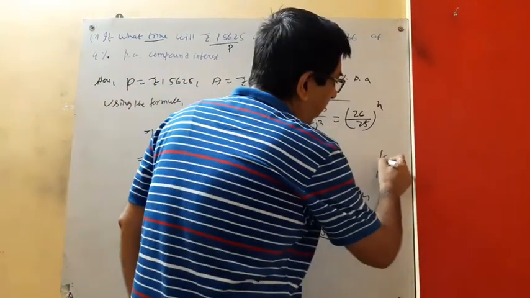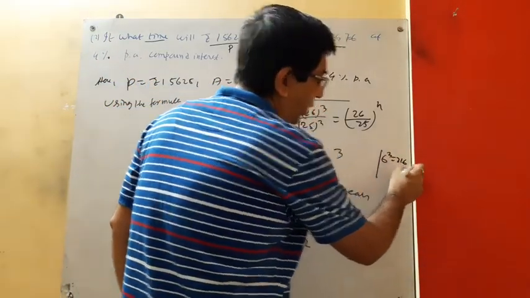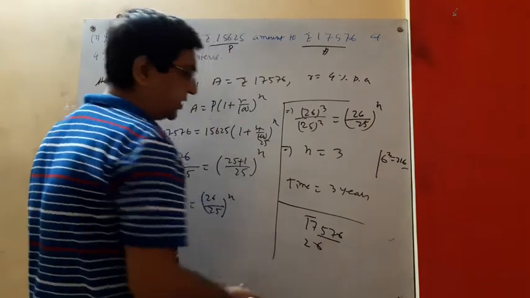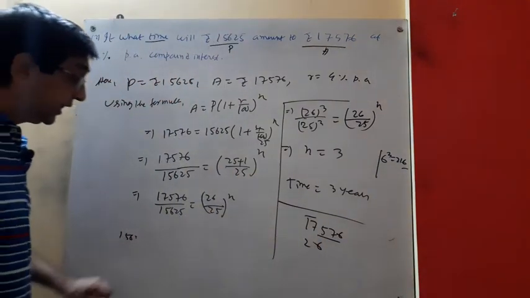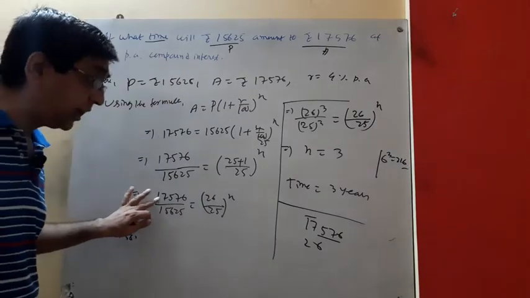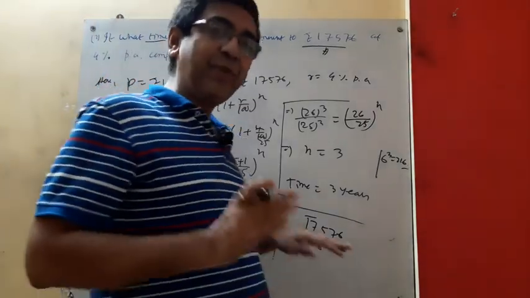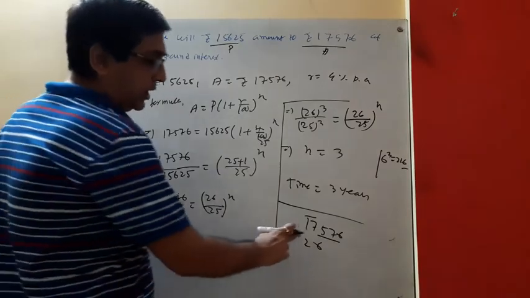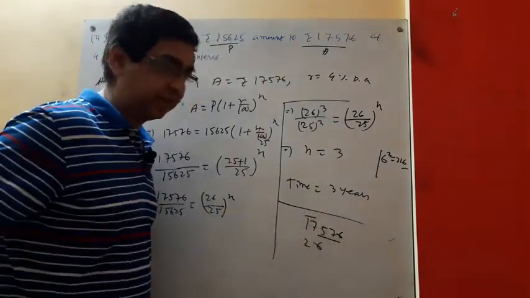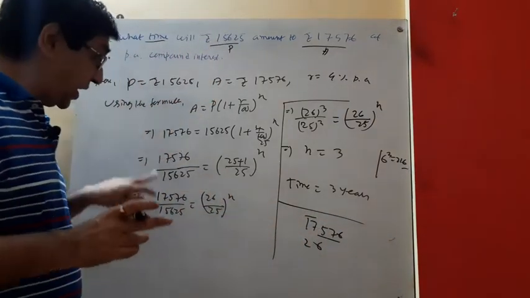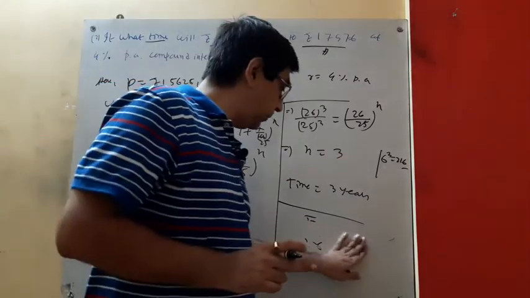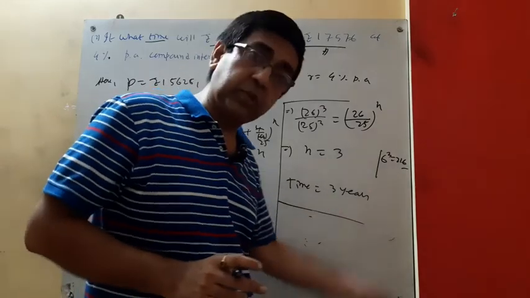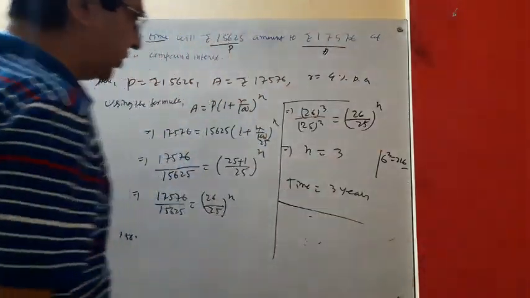6 cube equal to what? 6 cube equal to 216. So in the unit place 6, so it will be 6. Naturally it will be 6. And for this case 15625. But if your calculation is right, then only you can do this. Suppose you have written 17476, no, that is not right. If your calculation is okay, then go for it, otherwise don't go for estimation. Go for that split up method or prime factorization method, you will get it.